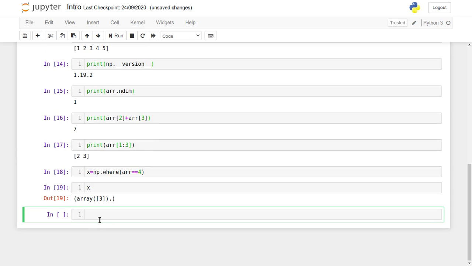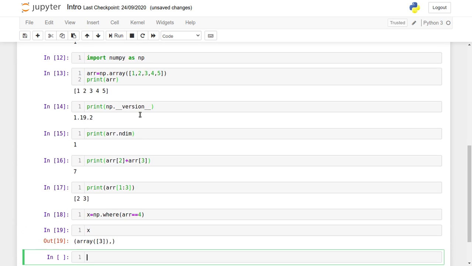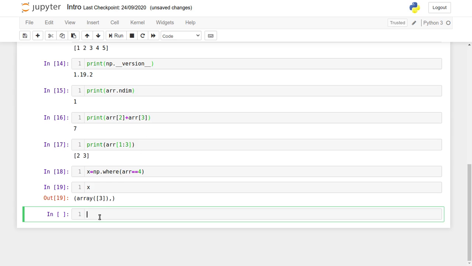So now 4 is present in the third location, 0 1 2 3. These are the flexibilities provided by NumPy arrays, hence they are most important and used very easily.